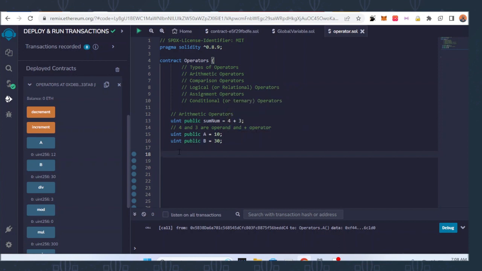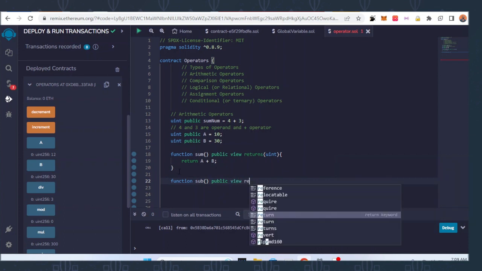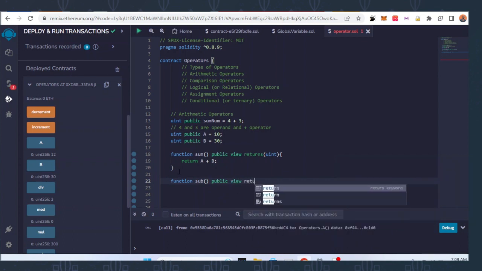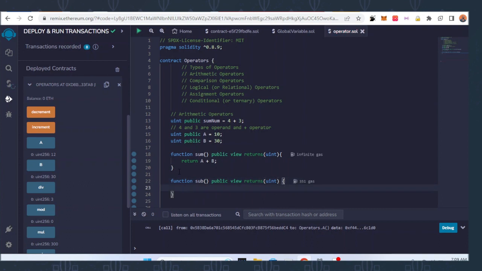So let's give some example functions of operators. We have our sum operator, which just does addition on our defined variables. Then let's create an operation for subtraction, which should be a public access modifier so we can access it. And it should be a view because we want to return just the value of our addition. The value of addition is an integer, a signed integer. Then we return